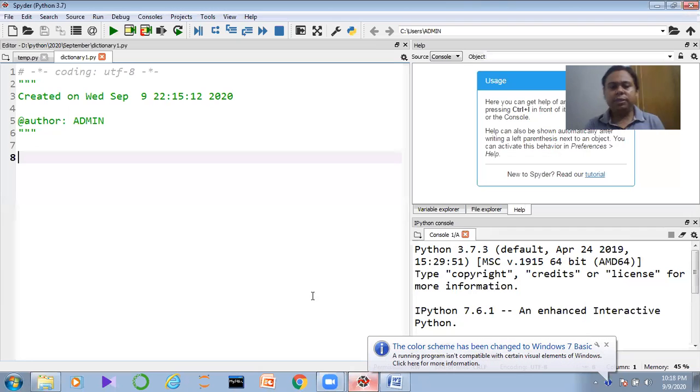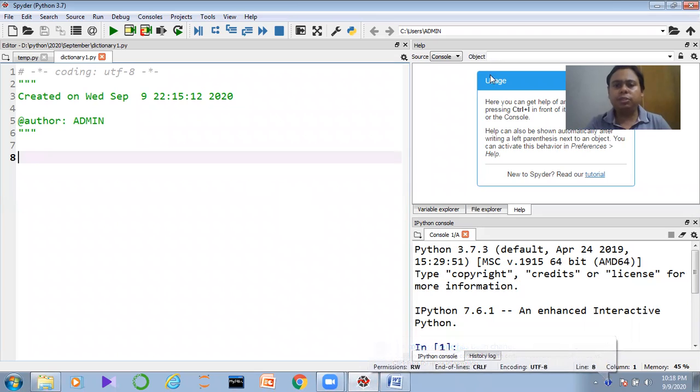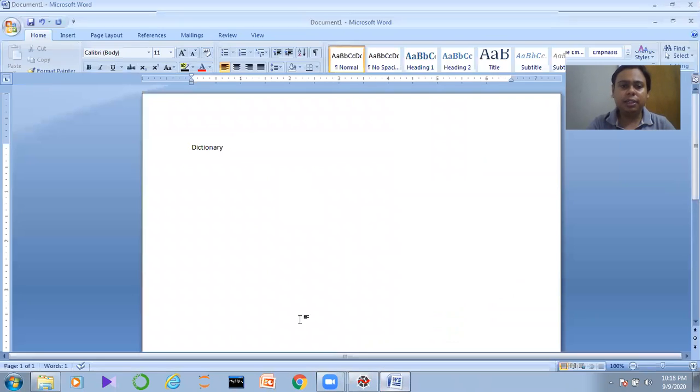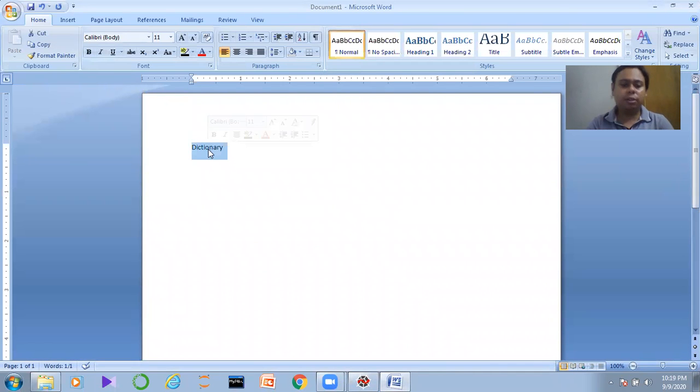Now guys, what is the dictionary object, we need to understand. Before the dictionary object we need to understand what is called JSON data. JSON stands for JavaScript Object Notation. What do you mean by JSON? Don't worry guys, here I am not going to start any kind of JavaScript, but